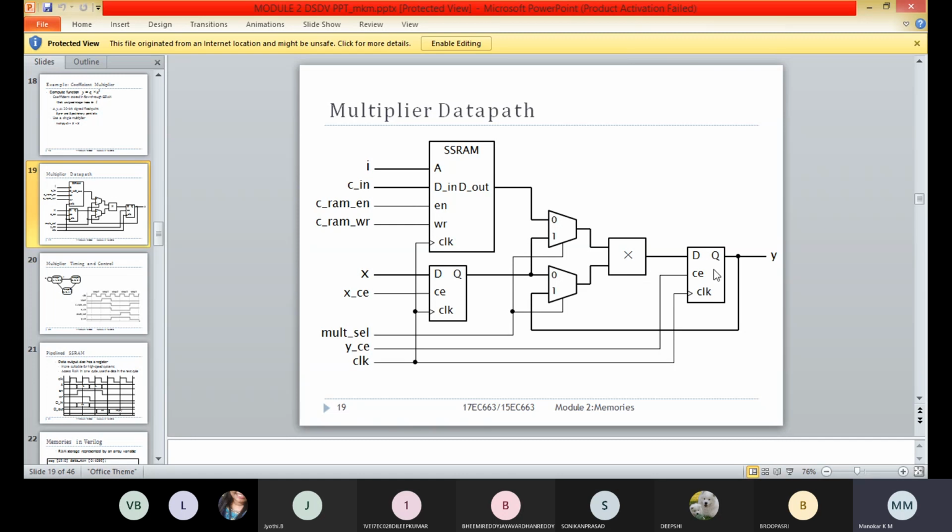This X will be multiplied with the product, which is Ci into X. So ultimately at the output we will receive Ci into X into X, that is y is equal to Ci into X square. That will be stored in this register.